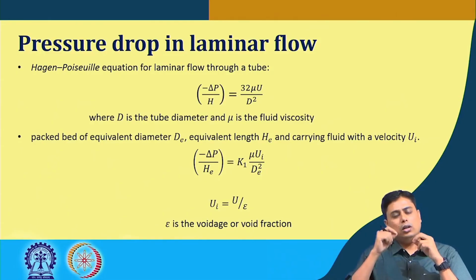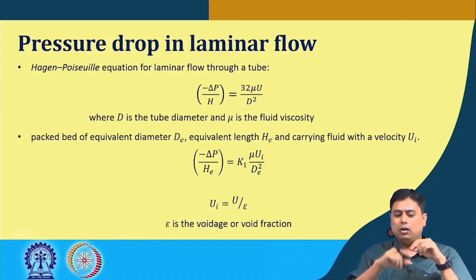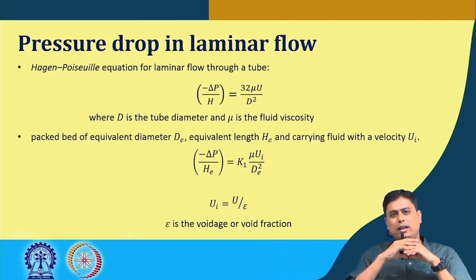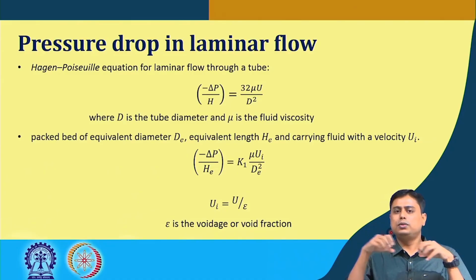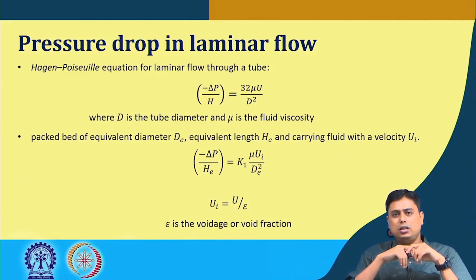Then a similar expression we can write for this packed bed as well, that is minus del p by hE, the equivalent height, considering those many tubes that are there, the interstitial velocity ui, and the equivalent diameter dE, where k is a constant